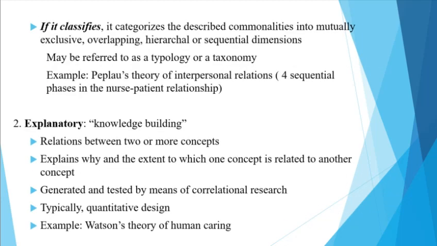If for example you are using descriptive to classify, it categorizes the described commonalities into mutually exclusive, overlapping, hierarchical, or sequential dimensions. It can also be referred to as typology or a taxonomy. Like for example, Peplau's theory of interpersonal relations, which has four sequential phases in the nurse-patient relationship. What are the phases of the nurse-patient relationship? Of course, when a nurse has just met the patient, they will have the orientation